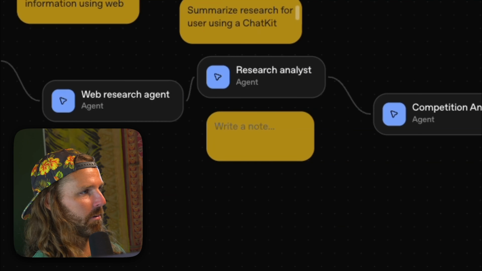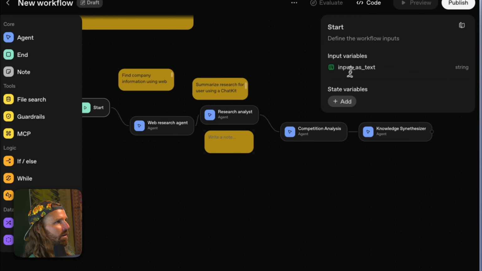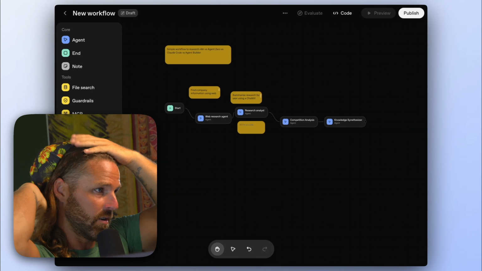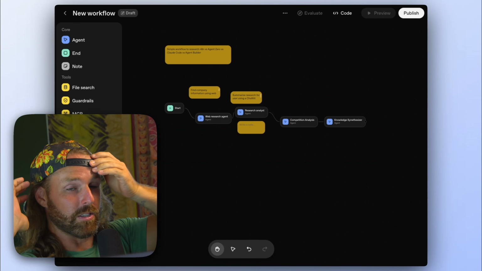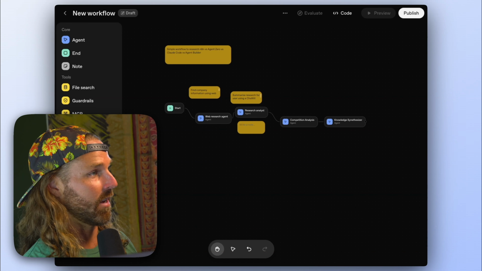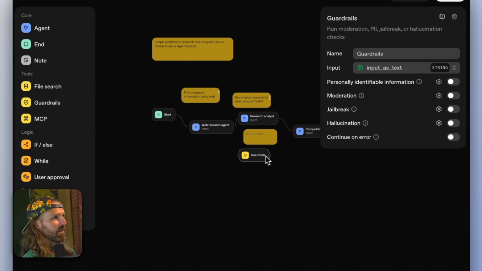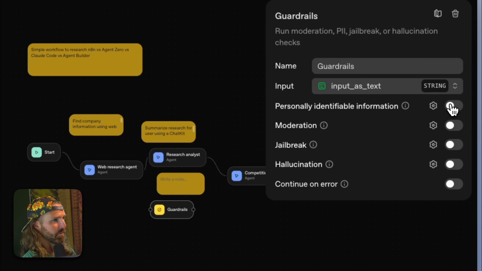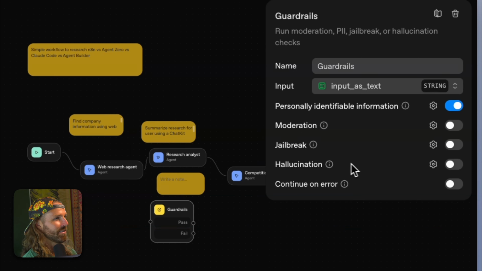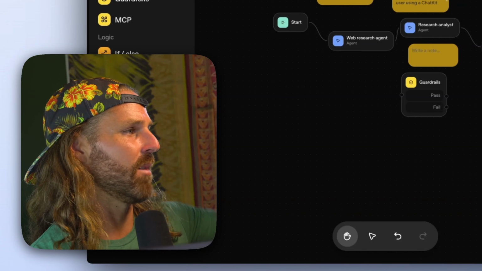Ugh, OpenAI products, right? Okay, so there should be some human in the loop somewhere, right? So I can see how this could be valuable for enterprise or for people that don't know any better. I don't know, man. I think OpenAI operates largely on hype, not on actually providing the best products. I hate to say that, and I know they innovated in the beginning. Guardrails. This might be something. Redacts personally identifiable information. That's cool. Jailbreak. Detects prompt injection and jailbreak attempts. Hallucination. That could be a pretty cool feature. I don't know. I'm just not impressed.